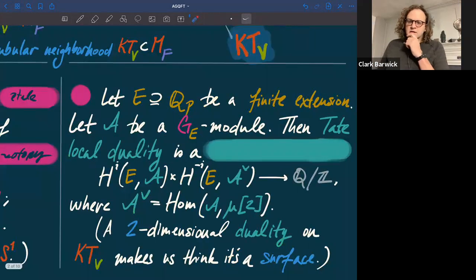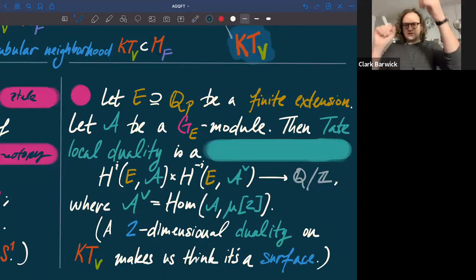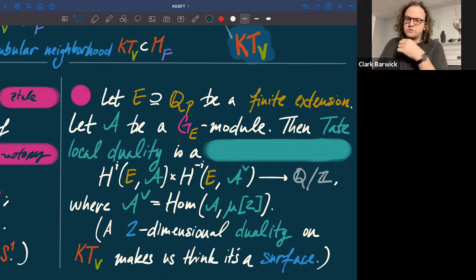Well, to understand the reason why we'd want to think of that as a kind of surface, here I said it was a knotted torus, but in any case, I mean that it should be a surface of some description up to homotopy. The motivation comes from here. If I have a finite extension of Q_p, for example, then for any G_E-module A, I have a Tate local duality pairing. So this is a perfect pairing of finite abelian groups,